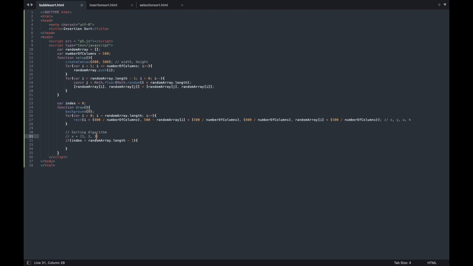But there's nothing after 3, so that will raise an error. So we have to make sure that we don't consider the very last element. And now we have to use some more ECMAScript notation. I'm just going to copy this actually. So here, random array index, random array index plus 1. Okay, and we're going to say that if the random array index,